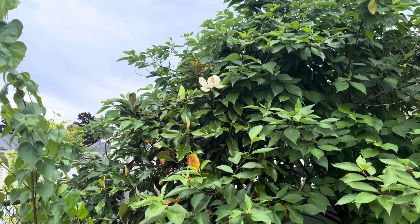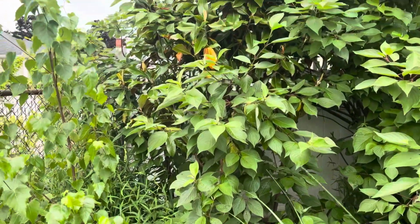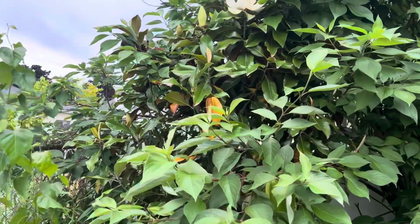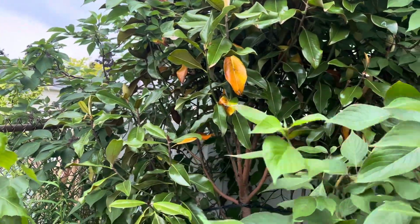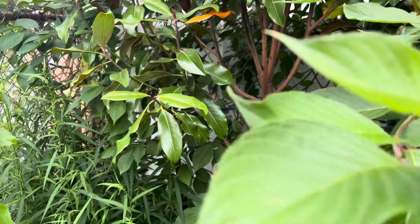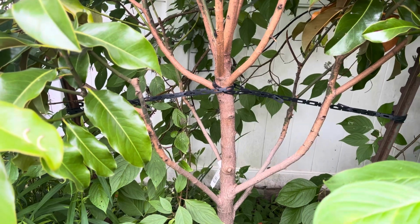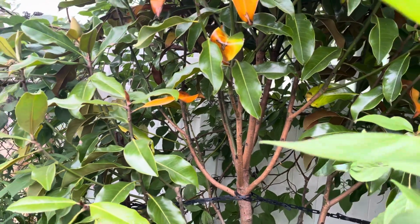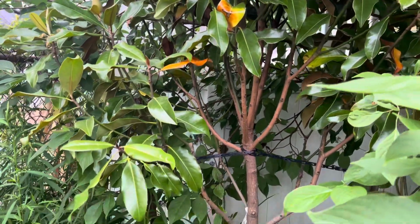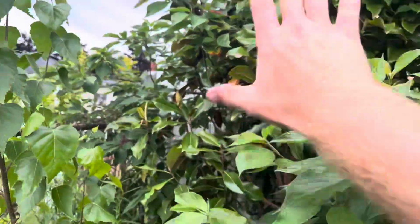So getting this tree to establish, and you know, this area is really wet in the spring. I know it's kind of hard to tell because the dogwood's eating it, but that's part of what I'm getting at: shade is going to be really helpful to a tree that needs help establishing. One of the things I don't like to do too often is stake trees. But anyway, this tree has dropped a lot of its leaves, which is actually good, because if this tree had kept all of its canopy down to right there where you see the tag, that would not be good for it,